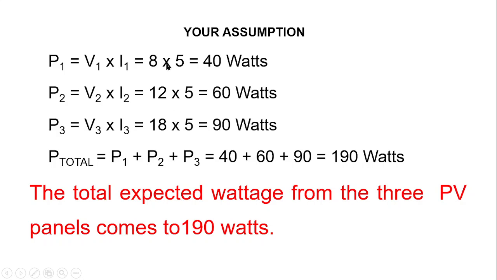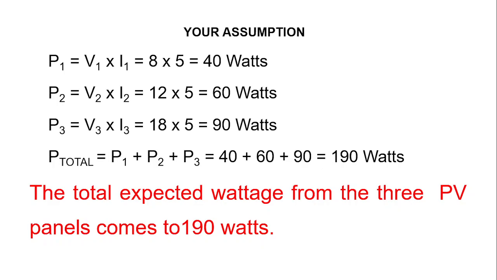So if we assume that, that means the first panel is giving us a maximum of 40 watts, the second panel is giving us a maximum of 60 watts, and the third panel is giving us a maximum of 90 watts, making our total power equal to 40 plus 60 plus 90, which is equal to